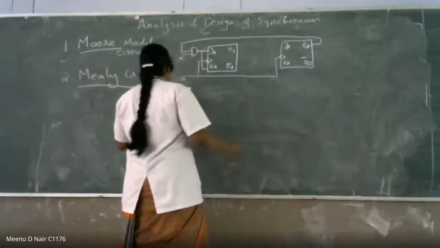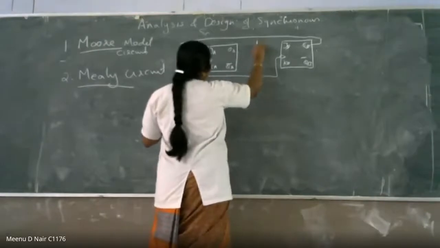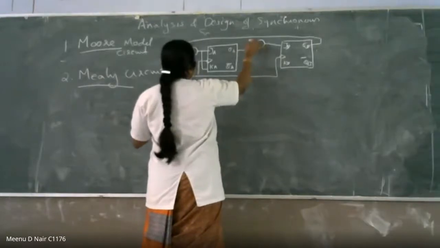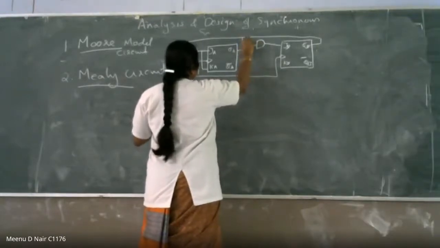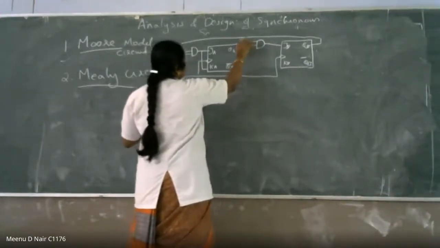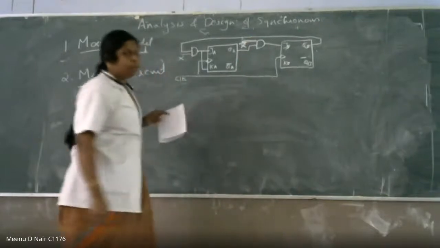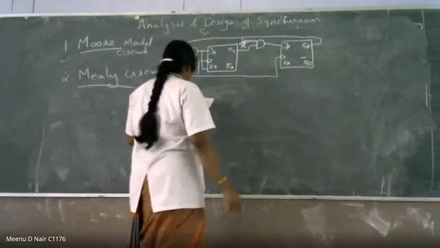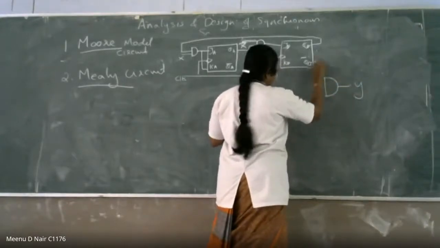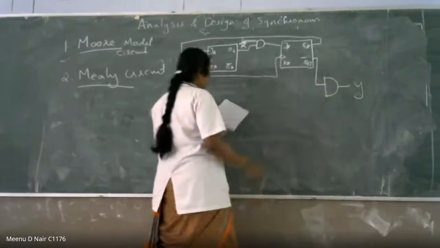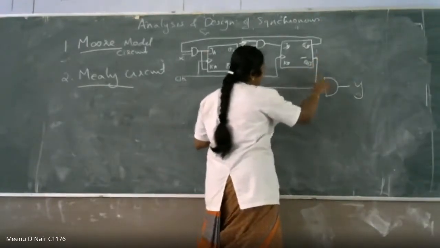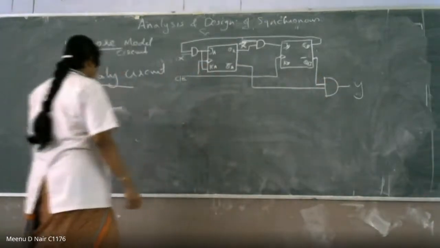Right. Then here also, that output comes from QA as well as X bar. Sorry, this is not X bar. You can put it like this. This is X bar. Okay. Any circuit, this is just an example only. Then it has an output. Output is denoted as Y. It is depending on QB bar, and is ANDed with QB bar as well as QA bar. That is your output Y.